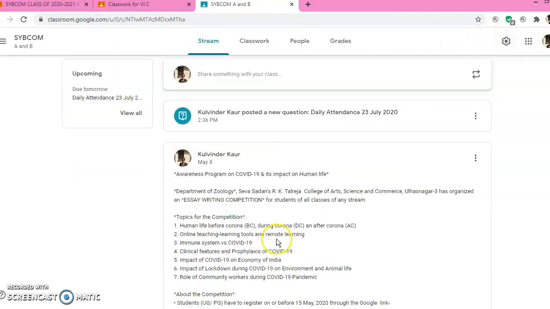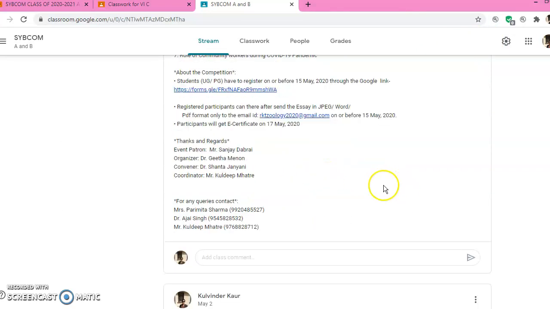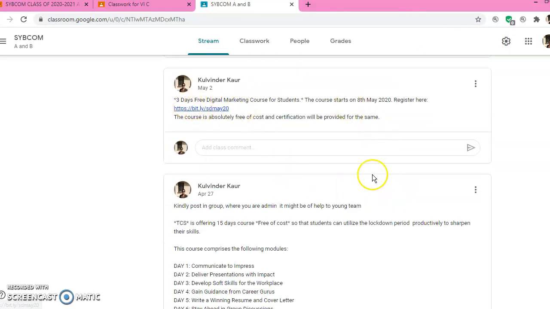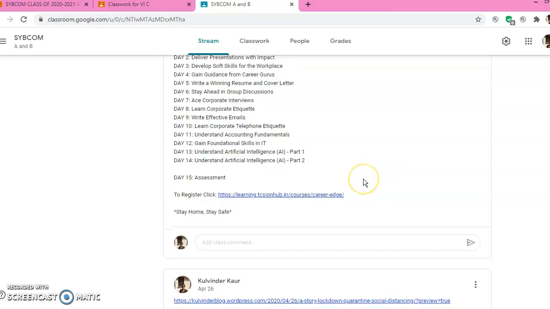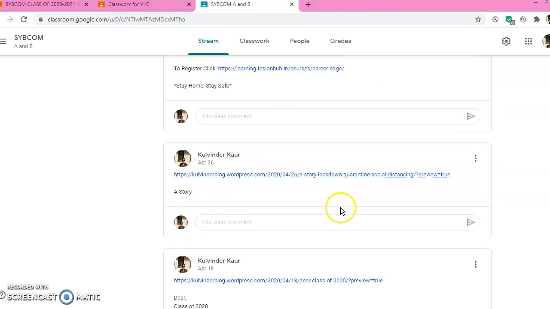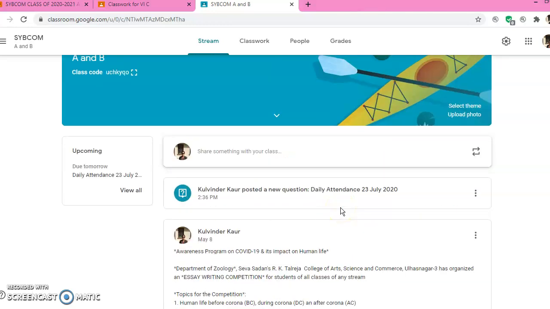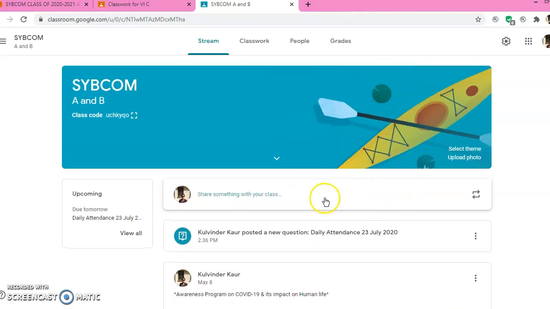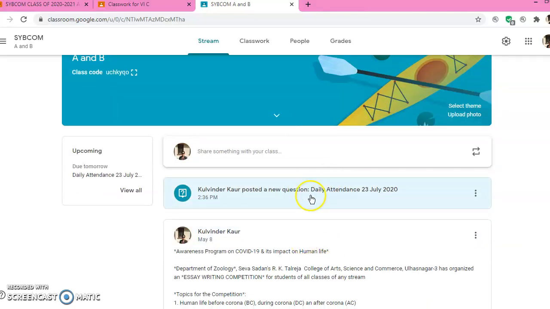And then you can share materials with your students. Whatever you want to post, you can post any updates, any material, anything you want your students to read. You can keep on posting all those things, or any extra reference material, future readings, so your students can keep on referring. You can be in touch with them even outside the class as well.